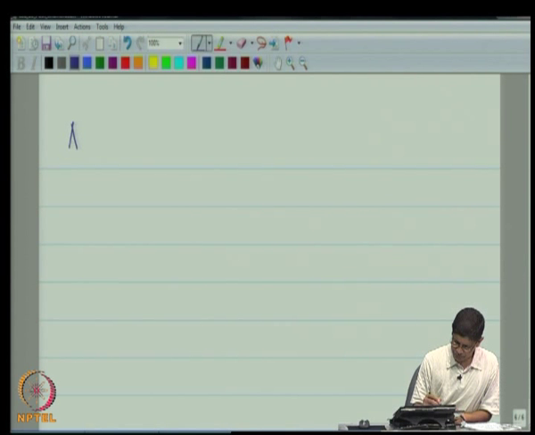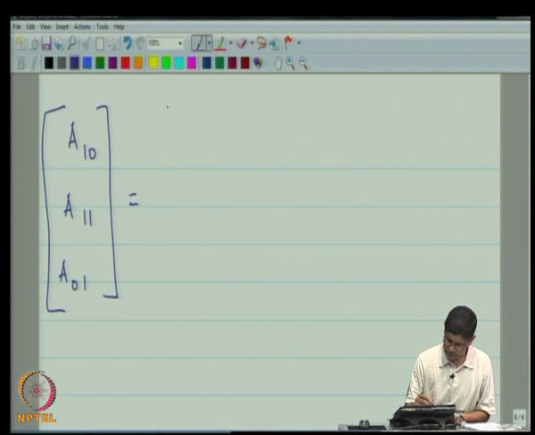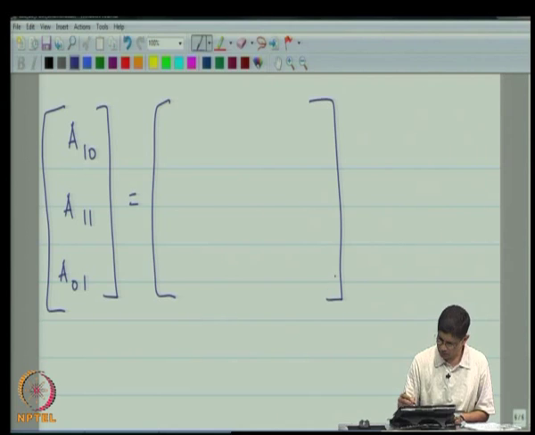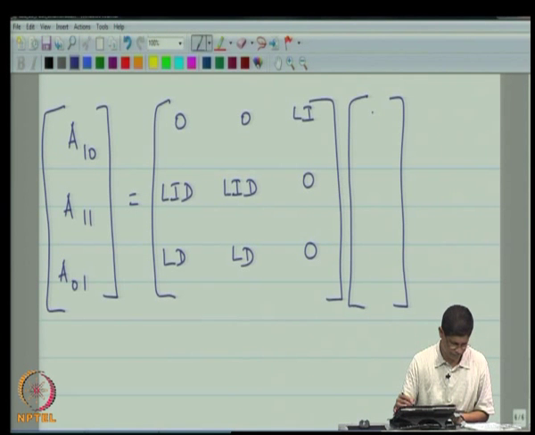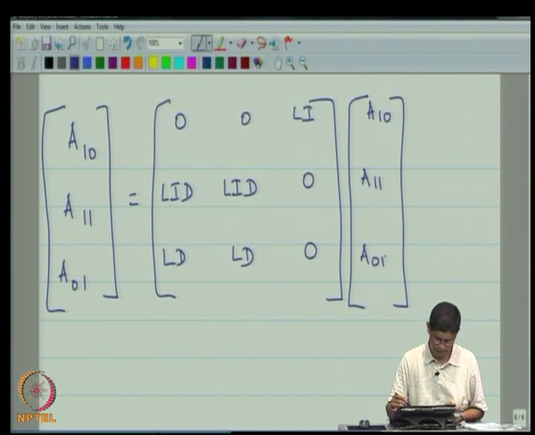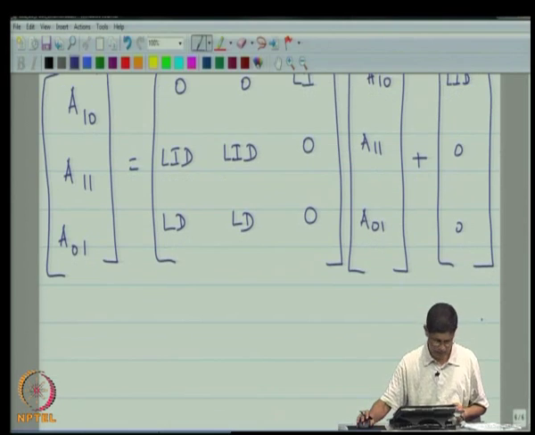A10, A11, A01 is equal to the matrix with rows 0 0 LI, LID, LID 0, and LD, LD 0, times A10, A11, A01, plus LID squared, 0, 0. And then